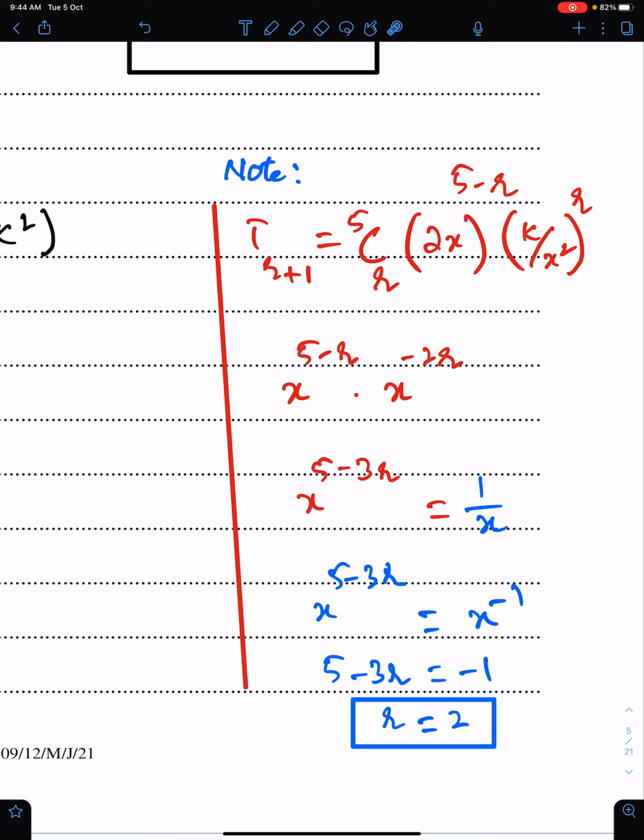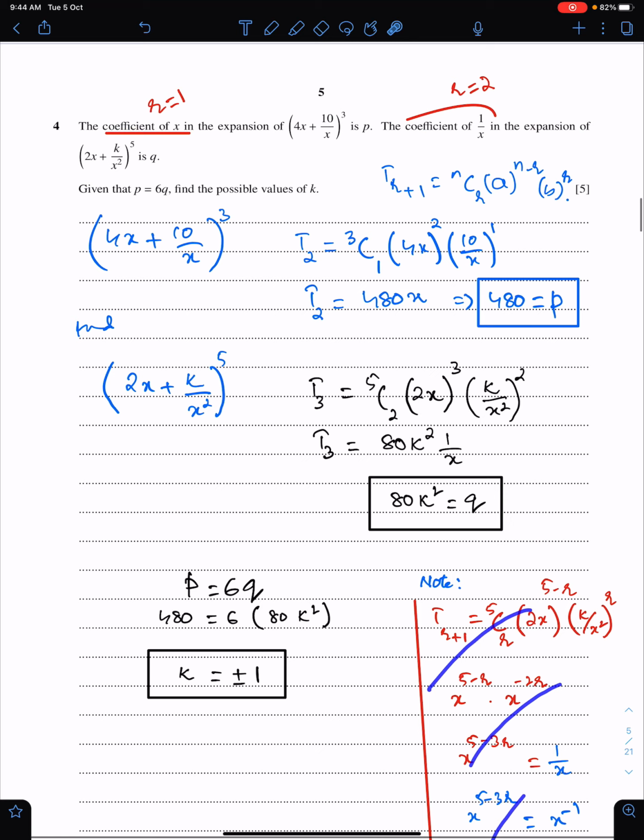So you just need to bring x from this formula here and here. When you take out x from this equation, you will get x power 5 minus r, and this x will become x power minus 2r, because when you bring this in the numerator, it will become minus 2r. This is the simplified form of this. Now you need to equate this with 1 upon x. Now bring this x in the numerator. So r is 2. This is the way to get the value of r with the help of this formula.